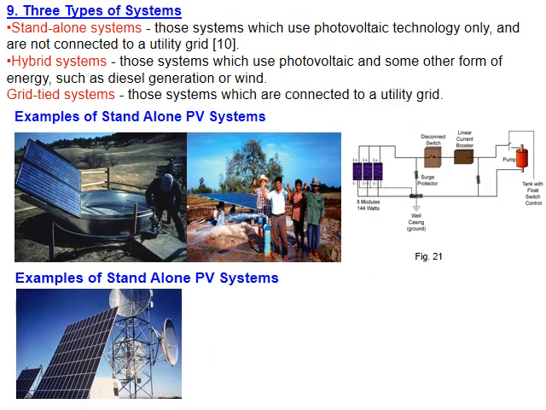Now these cells, after we understand them, how do we create the module and the array to produce energy from light? What type of systems do we use? We use three different types of system. One of them is the standalone. Standalone means we generate electricity from the PV cell and we give it to an isolated load. As an example, a pump. Here we have a pump. We give from the solar cell here